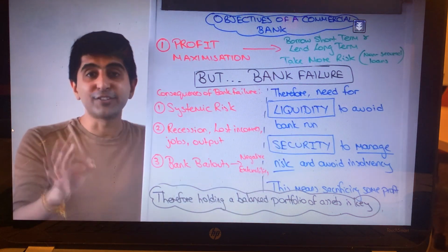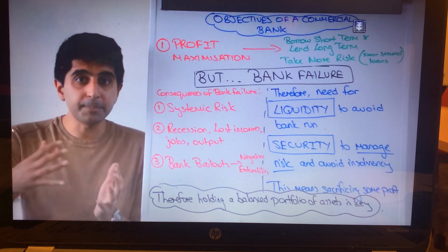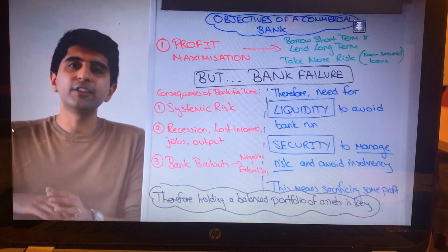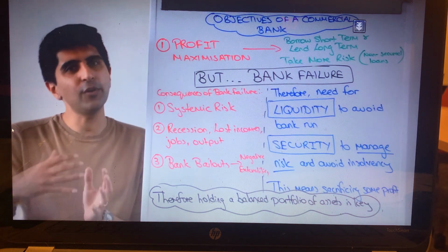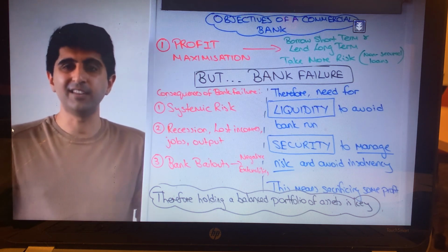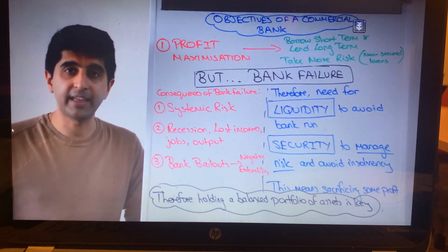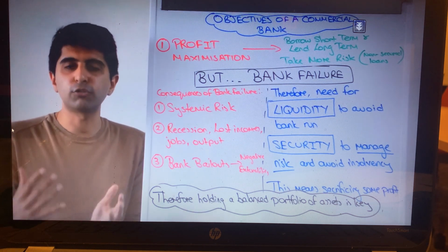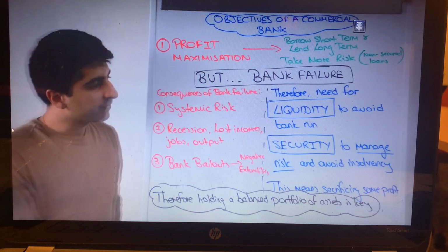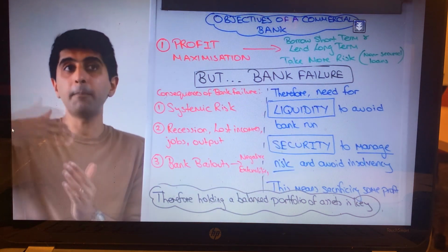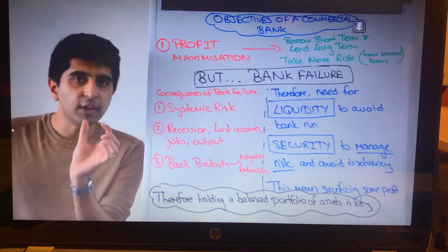Fine. Security is another thing a commercial bank must be aware of. That is managing risk to avoid insolvency. Now, security, again, issuing secure loans is not the most profitable for a bank. So for example, issuing loans to very, very safe lenders, you can't charge a very high interest rate there. For example, issuing more loans that are backed by something, again, reduces the interest rate you can charge there. Now, that's all well and good doing that, but it reduces your profit-making potential. You can't make as high profits, but it means you are safer.